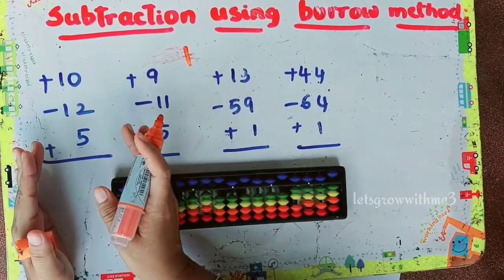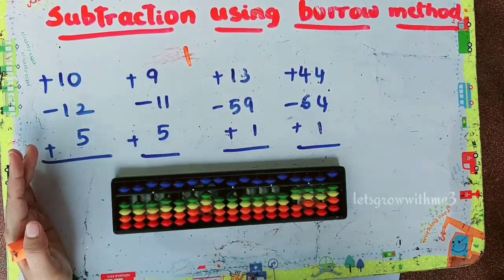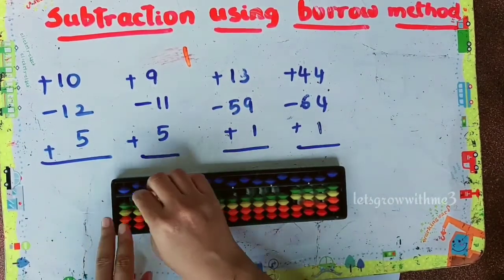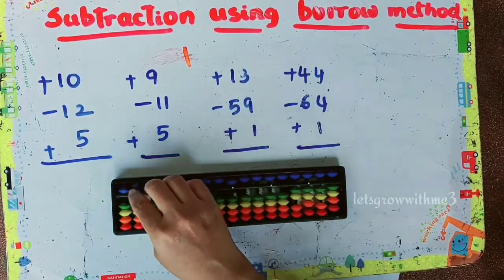So that's why I have taken the 4 problems under 2 categories. Okay, so let's try to solve. Here I'll get only positive values, even if I take the borrow, but the answer is positive. But here I have one more category, I'll take the borrow here also, but I will get a negative number. Let's see how we are going to get those values.